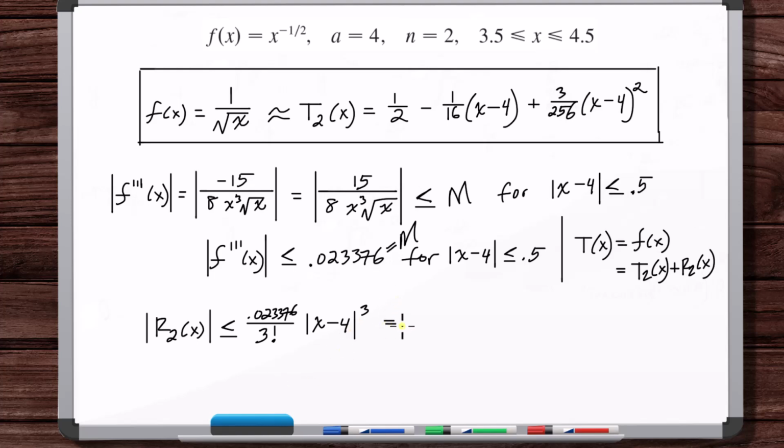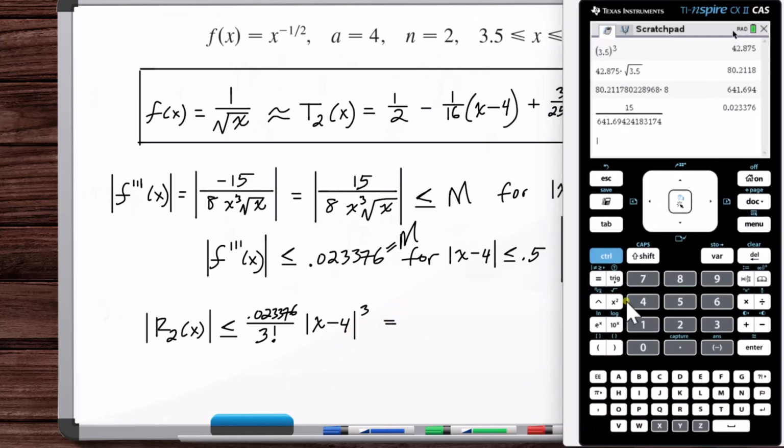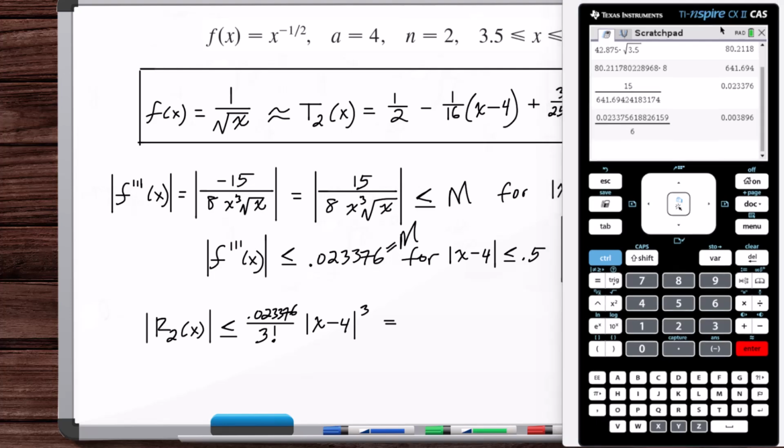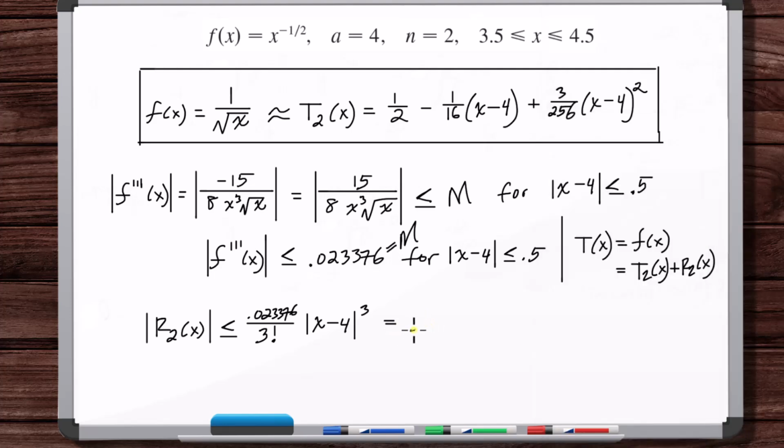Now this is equal to, so that divided by 3 factorial is 6.003896. Okay, so that's the upper bound on this R sub 2,